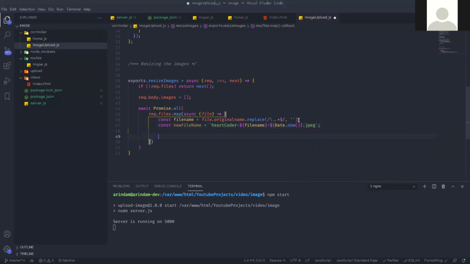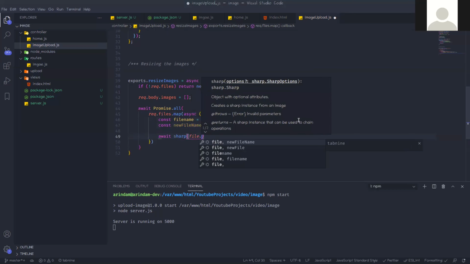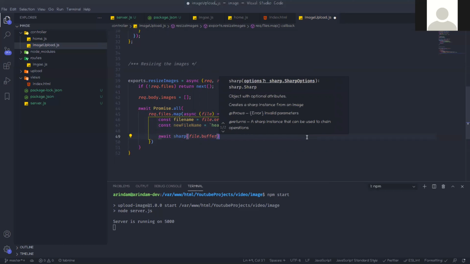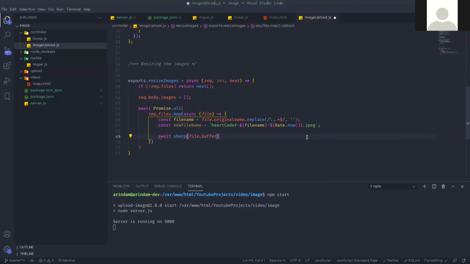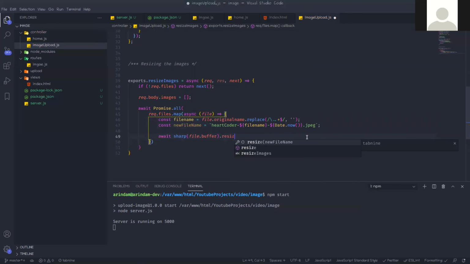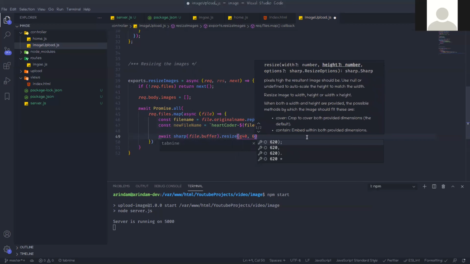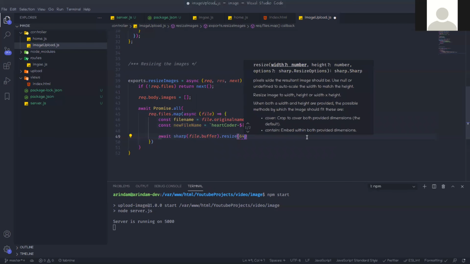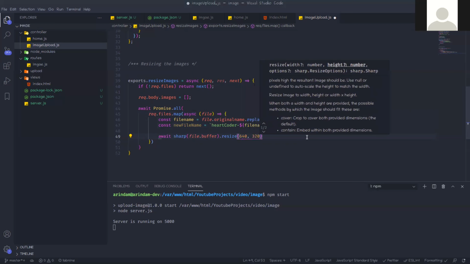Now I am running the sharp function, that should be await sharp(file.buffer). This other property is the buffer. It will take the buffer, and then first resize. Call that resize function, in which you need to give the height and width. I'm giving 640 and 320, this is the perfect size.